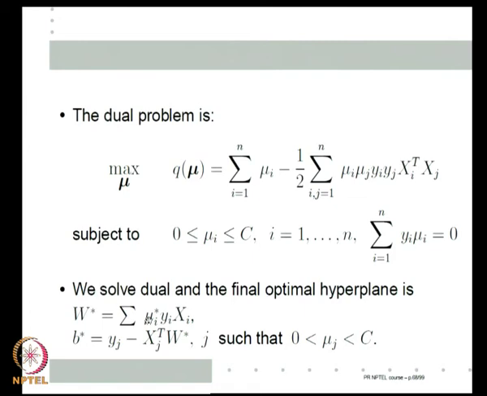Right. In the linearly separable case, the optimization problem is very nice to see, because it maximizes margin under a separability constraint. In this case, because of the C, I am essentially adding apples and oranges. I am taking some margin plus some constant times the errors I am making, and I am minimizing that. But anyway, this is what one has to do in general, because in general we have no way of knowing whether the training data is linearly separable or not.